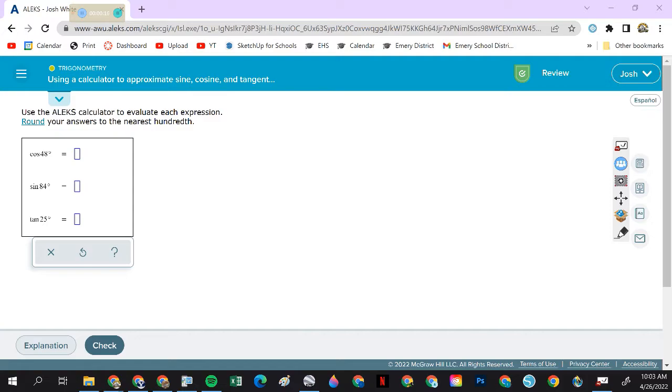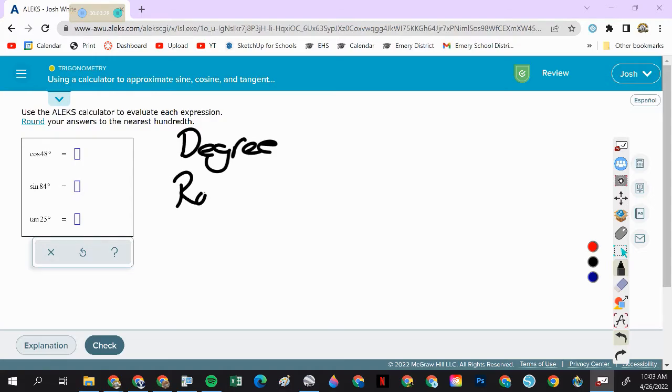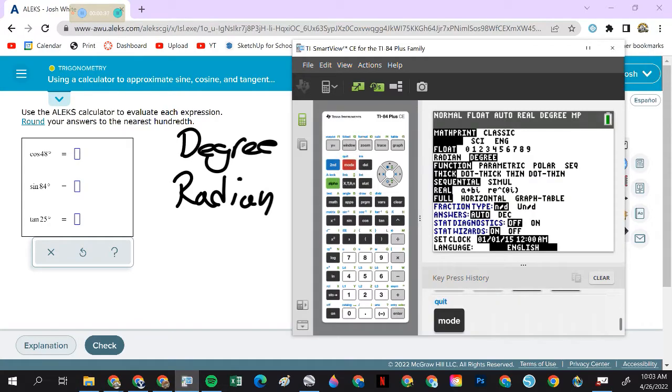Now you can use the ALEKS calculator or you can use your calculator, but just make sure that your calculator is in degree format. There's another format called radian. So if you have a graphing calculator, if you push mode, the third or the fourth one down will either say radian or degree. If you're using one of the blue TI-30s, you'll see a little,